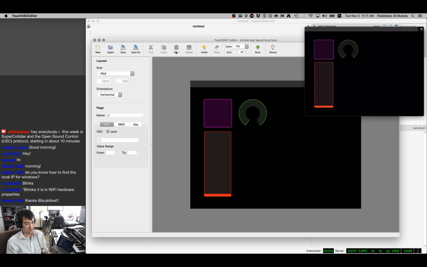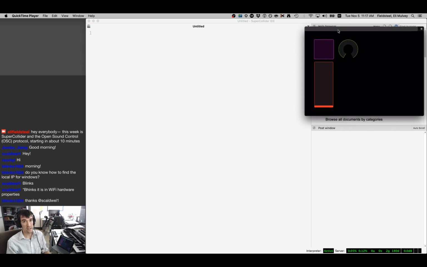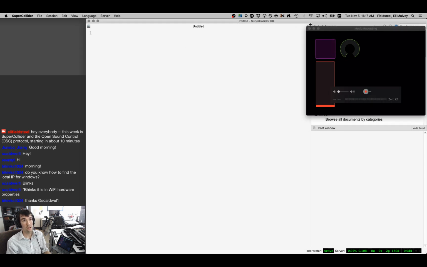so we'll keep TouchOSC. I'm just going to hide that temporarily, and let's get into SuperCollider here. So we've got our interface on TouchOSC. And we're going to send OSC to sclang. And so the first thing we can do is, if you remember from our MIDI lecture, we could do MIDIFunc.trace(true), and this is kind of debug mode where it just posts every MIDI message that comes in. We can do something very similar. We say OSCFunc.trace(true),